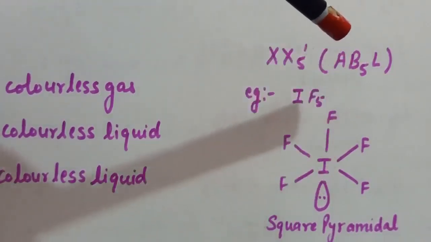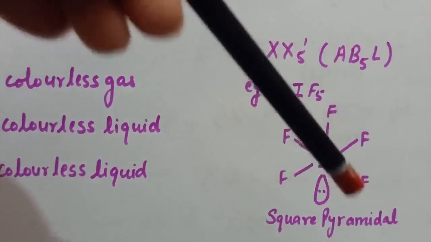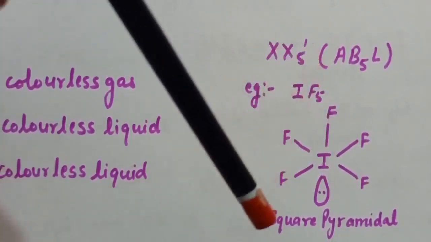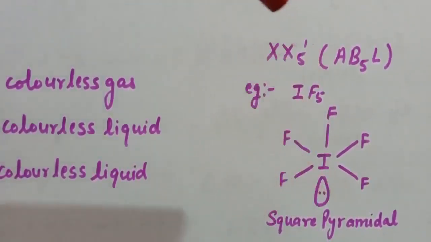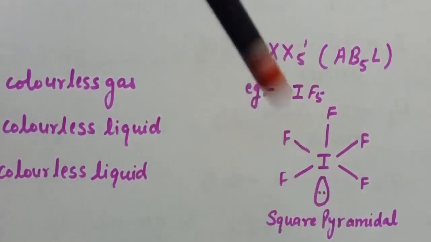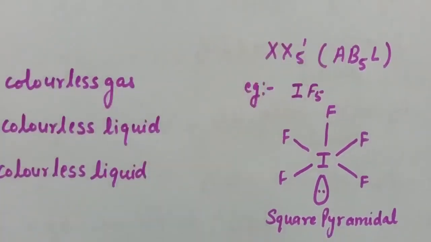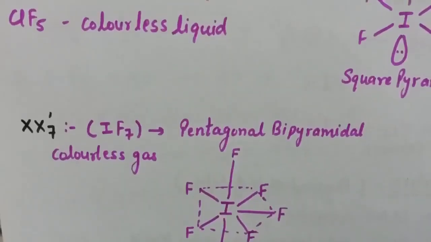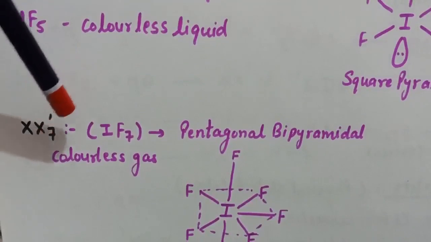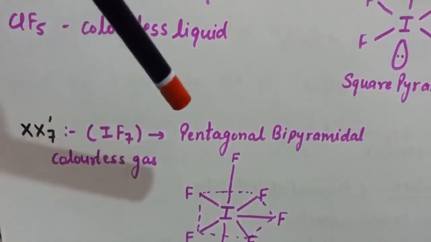So if we have the type AB5, then the shape is square pyramidal. So IF5 is square pyramidal, or you can say that XX'5 is square pyramidal in nature. That is square pyramidal by structure. Next we have XX'7, and in XX'7 the example is IF7, which is a colorless gas, and the structure is